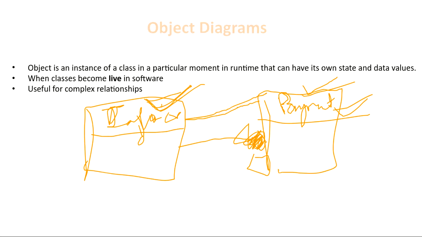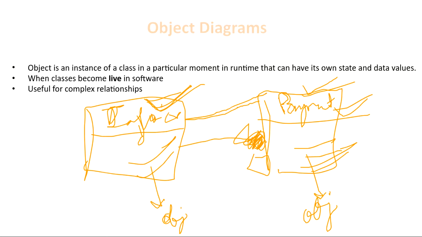This was just an example I'm giving. So this was a complex relationship. Why? Because the class diagram cannot show the relationship between invoice and payment. So here comes the utility of the object diagram. Object diagram will be executed only for a particular instance, because we know an object is a particular instance of the class, meaning a particular time, a particular screenshot of your system. So when the payment is executed, we will make a payment object for this payment class, and we will make the object for this invoice class.